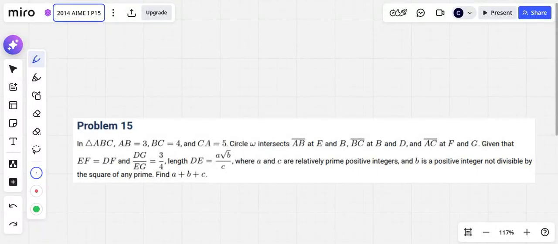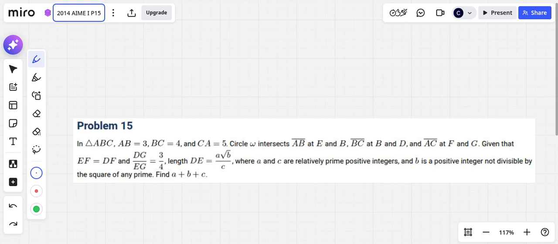Hello everyone, today we're going to be doing 2014 AIME I problem 15. In triangle ABC, AB equals 3, BC equals 4, and CA equals 5. Circle omega intersects side AB at E and B, side BC at B and D, and side AC at F and G. Given that EF equals DF and DG over EG equals 3 over 4,